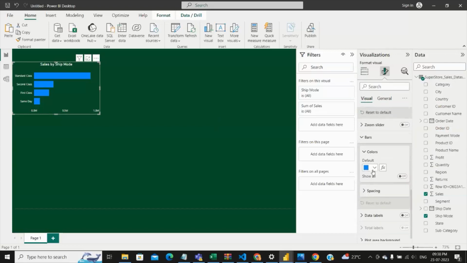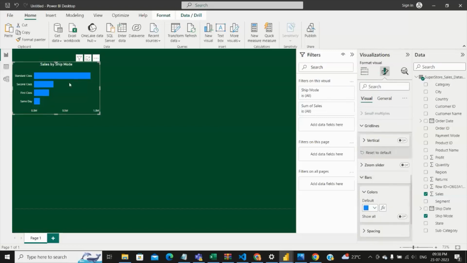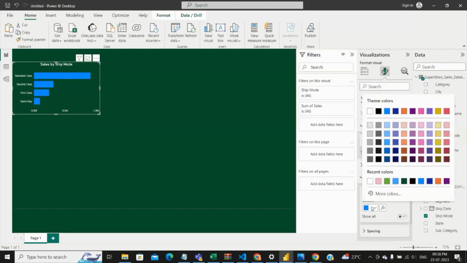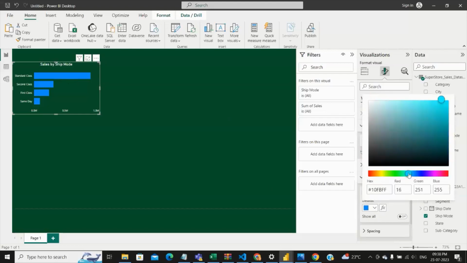Bars. So here we can change in the visual, you can go to bars and change the color of this. So I want to change it to